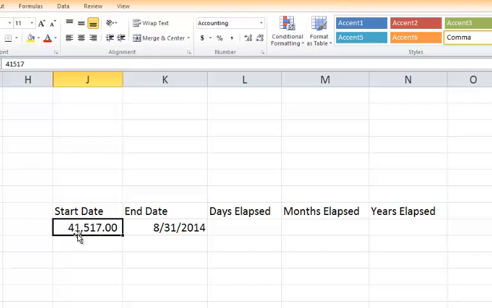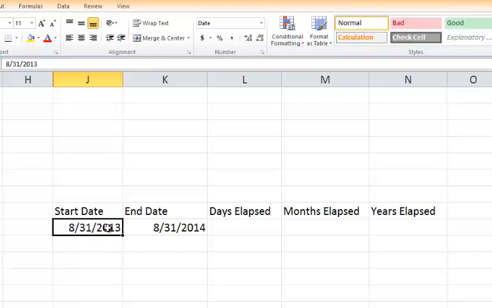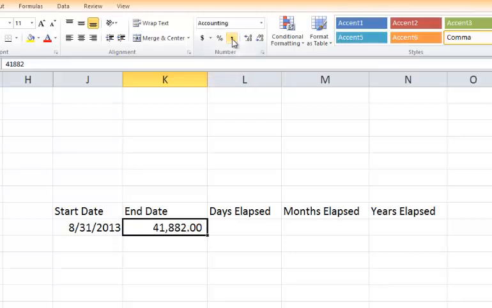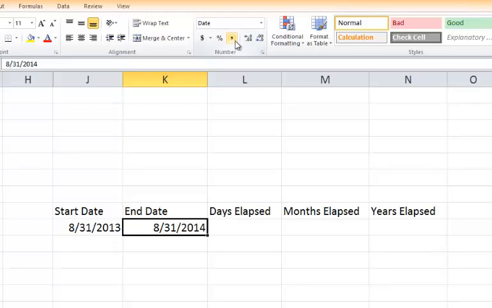So the value is 41,517. Now let's look at the value of the end date. When I click on it, I click on the comma button again, you'll see that that one is having a value of 41,882. Now, Excel's dates start from 1st of January